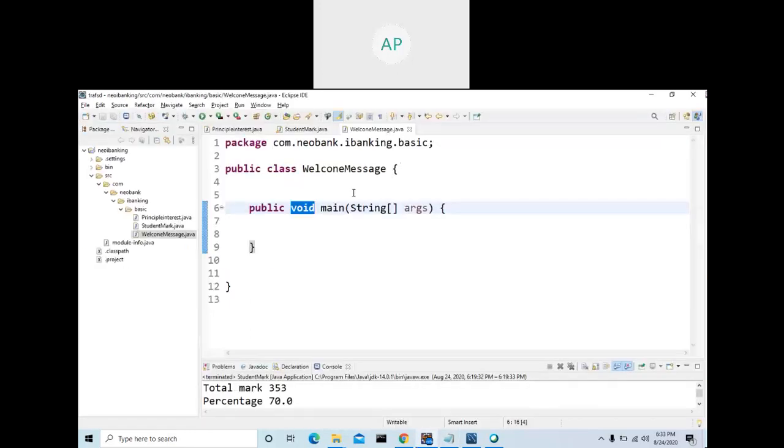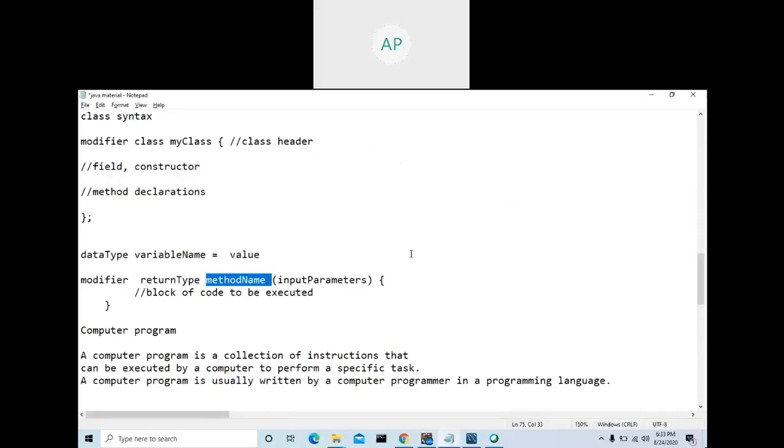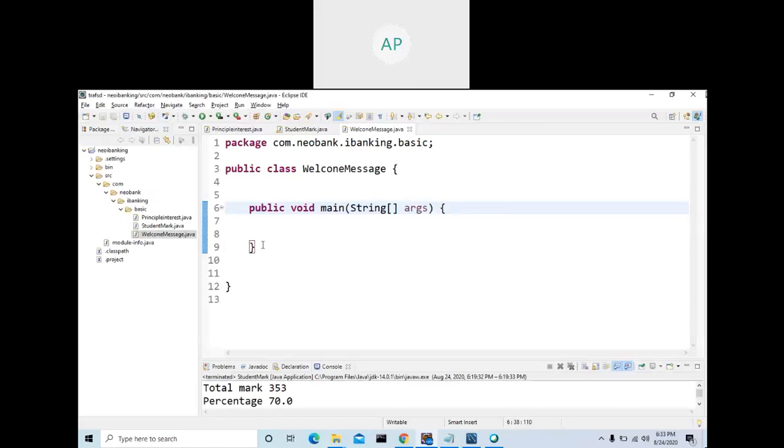Then the method name. It can be any name. So I wrote a name; I'll explain what that is. And here you can write without an argument. We call it an argument, without argument or with argument. Anyway, I will explain this after some time. Here, argument or input parameter is one and the same. It starts here, ends here.